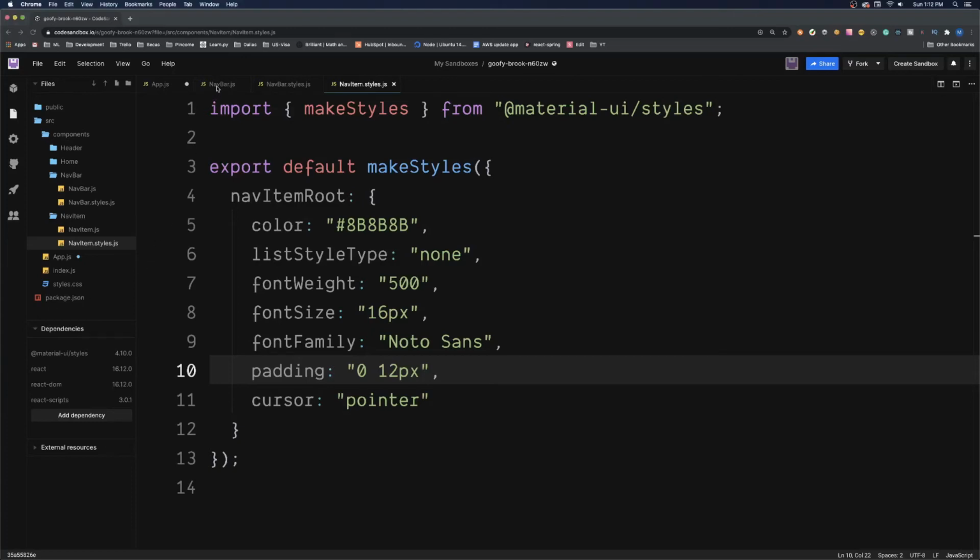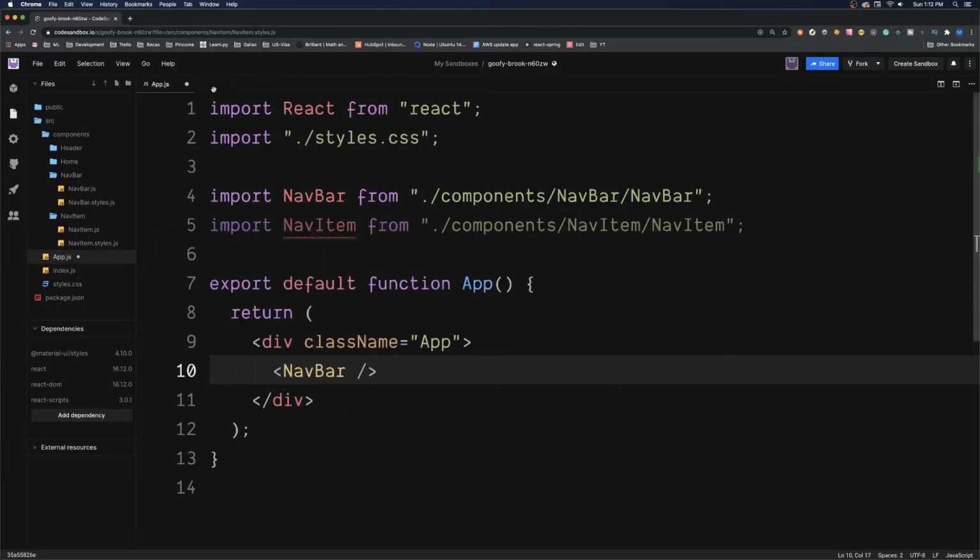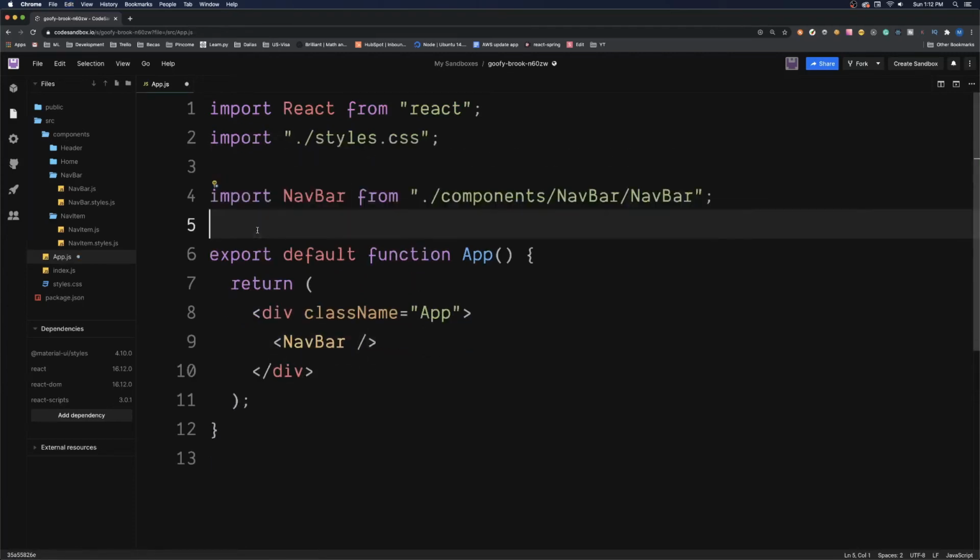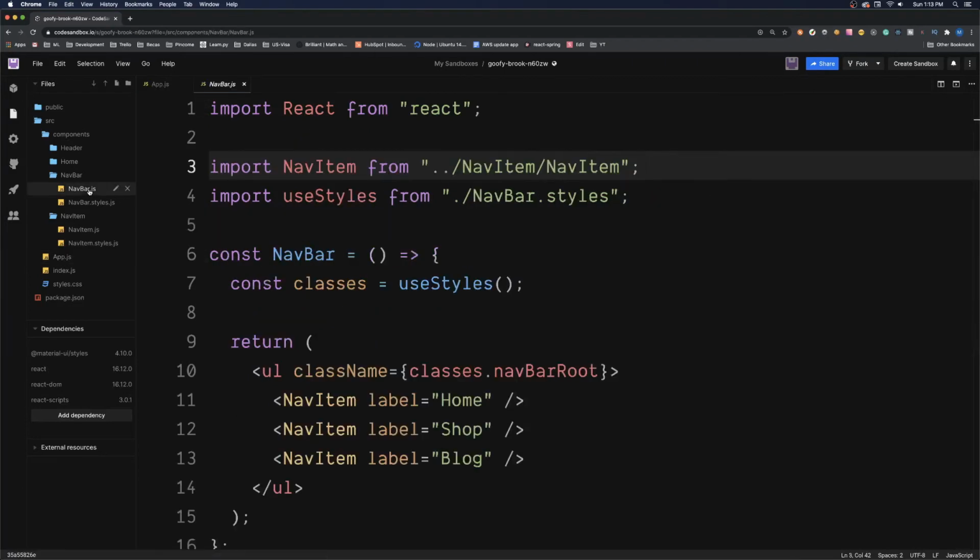But first, I'm just gonna close all of this. I'm gonna save this file. I'm gonna delete this unnecessary import. I will open the nav item. Or no, actually, I'm gonna open the nav bar component so that we can look at what we want before